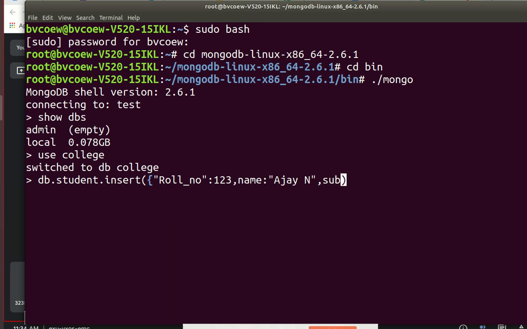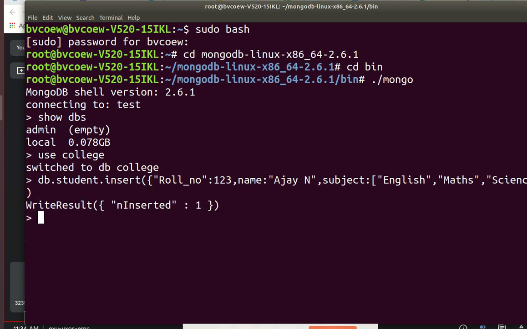So I'll write the subject, and in the subject I will write an array, and in this array it will be a grouping of the subjects. So here the first subject is English, the second subject is maths, then the third subject is science. So here I have created the array.